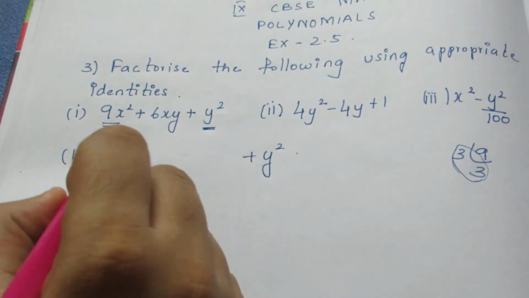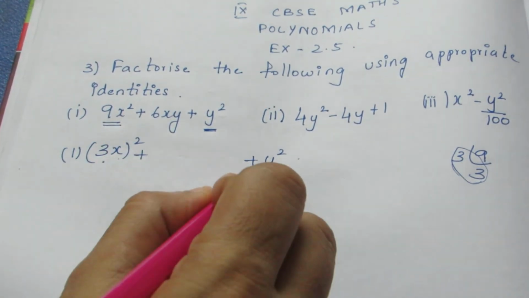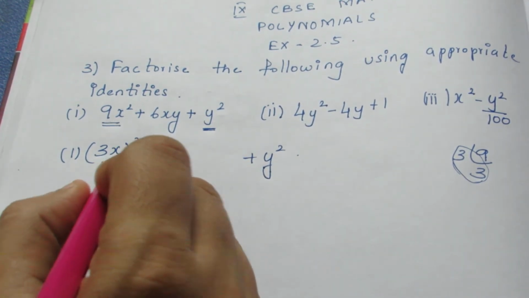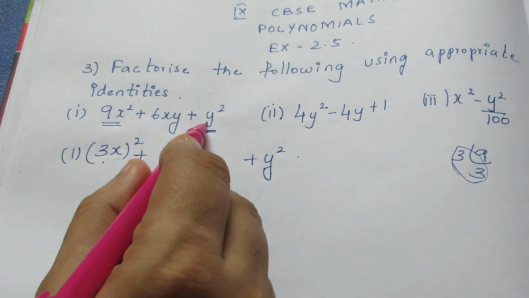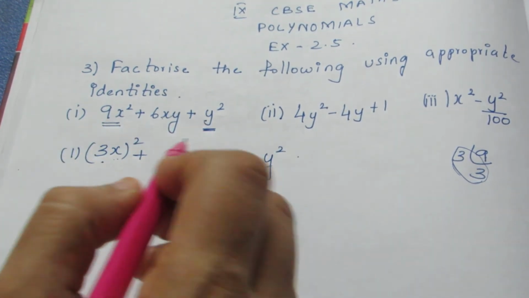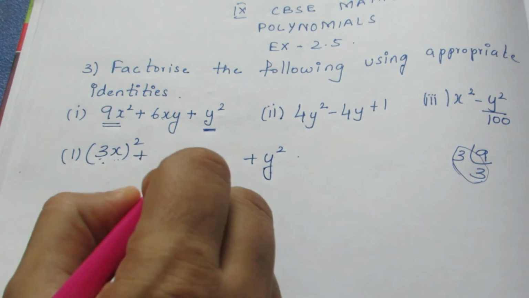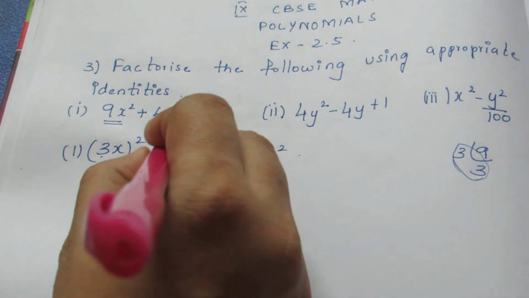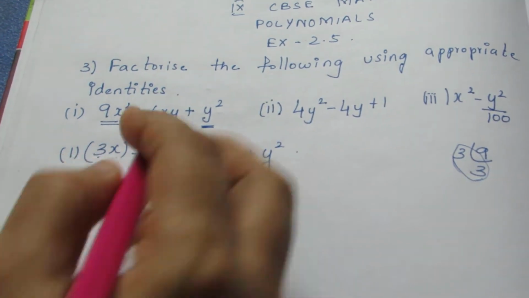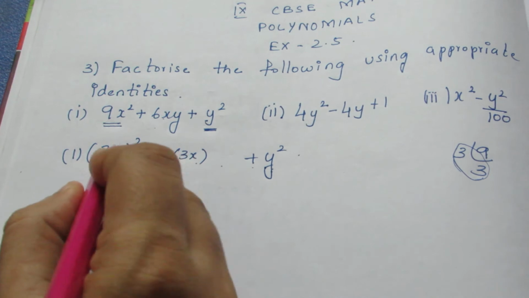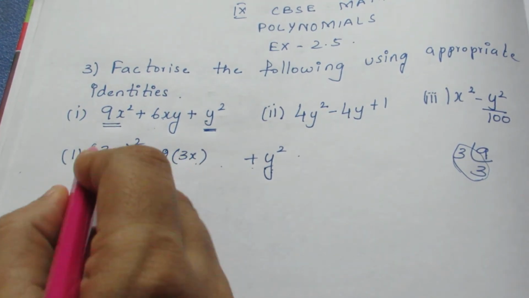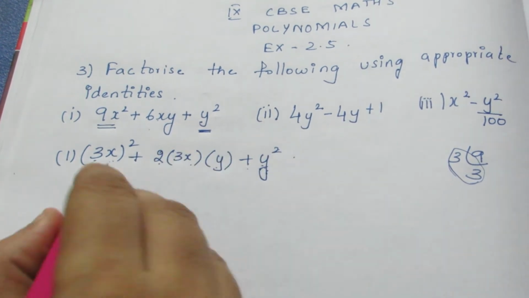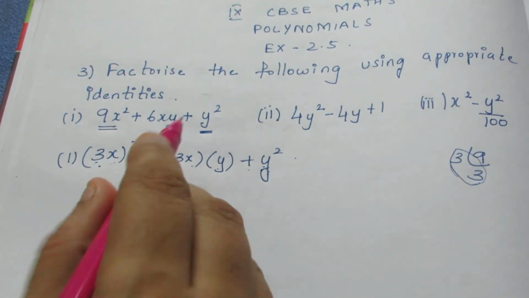Now, if there is a square number in the first and the last, always think of a formula a plus b whole square formula. In that, they have given the answer that there are 3 terms, so they have given in the answer form, which is a square plus 2ab plus b square. We need to check whether it is in the 2ab form. For that, instead of a we have 3x because this is a square. So instead of a we have 3x, instead of b we have y square. So we'll check whether we'll multiply and see whether we are getting the above.